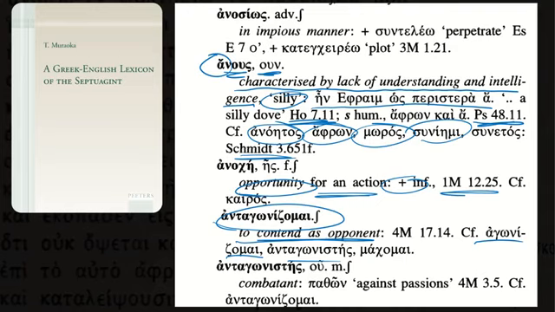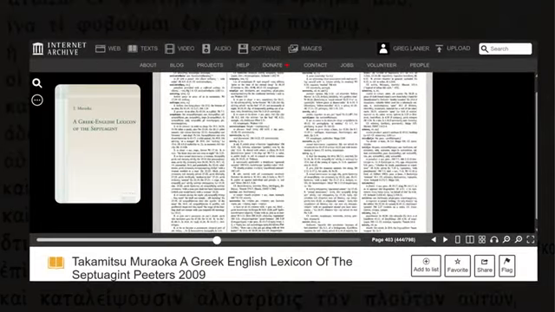It's not the only thing I use, but if I'm trying to study a word in the Septuagint or even a word in the New Testament that I know is probably influenced by the Greek Old Testament, perhaps because it's citing it as a scriptural quotation or something like that, I'll often go here as well as some of the other lexicons. Now, unfortunately, Muraoka's lexicon, if you want to buy it in print, is rather pricey. However, fortunately, it is available for free on the Internet Archive, archive.org, so that's super helpful.